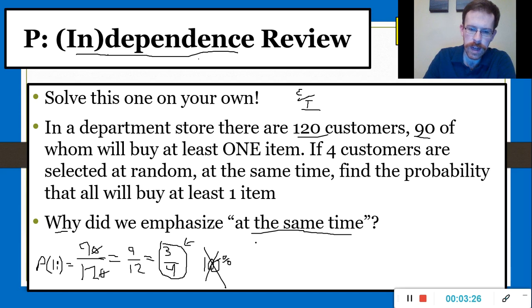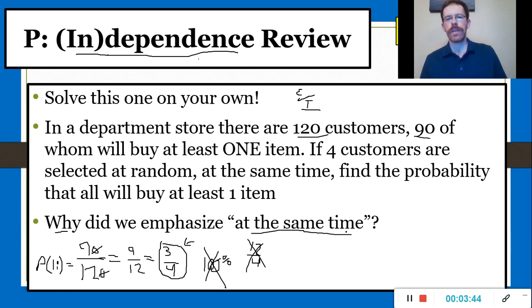Multiplying this by 4 would mean I would have 12 over 4, and that just gets me the same problem. So I can't add them all up. I can't multiply them by 4, but what if I were to multiply them together? That would still keep me less than 1 and still account for having 4 different customers. So this could be the probability of 1I